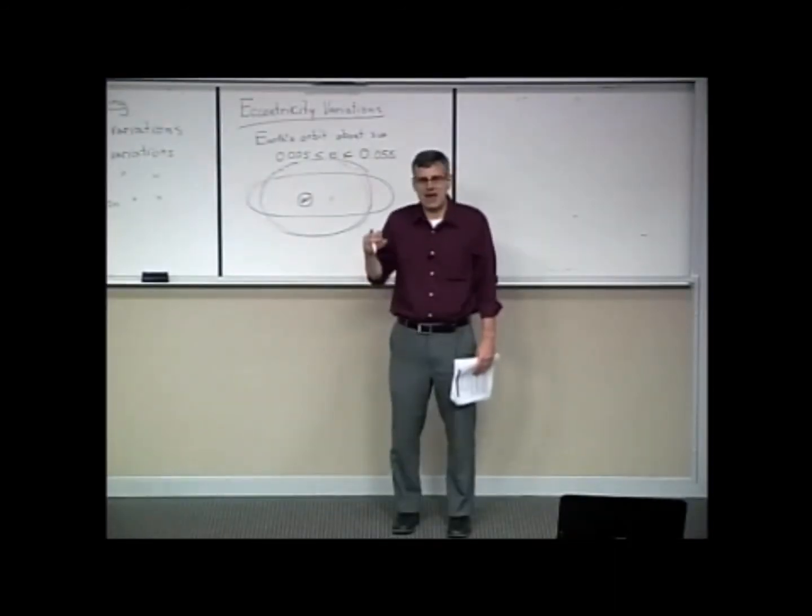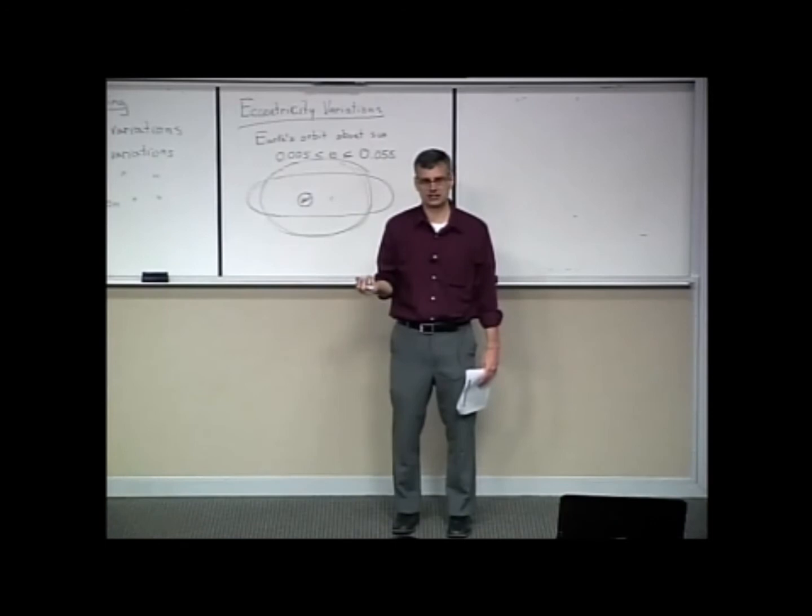So if we're at the same average distance, would we expect any change in climate? It's a little brain teaser. The answer is actually yes. And why? Why would that be? Think Kepler's second law, equal areas in equal times. Why would a more eccentric orbit change climate?